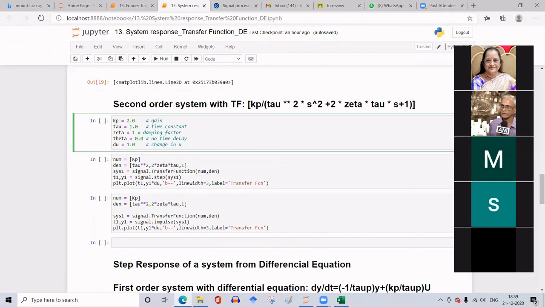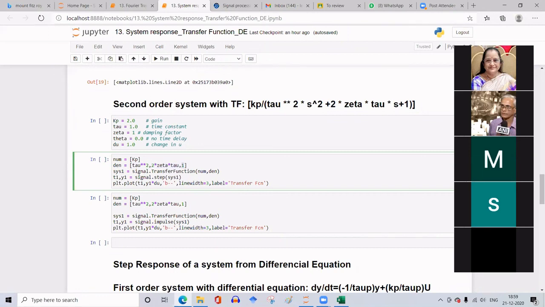Next, define the numerator and denominator. The numerator is Kp and the denominator is tau square, the S square term coefficient, and the next coefficient of S is 2 zeta tau, and then the constant term is 1.